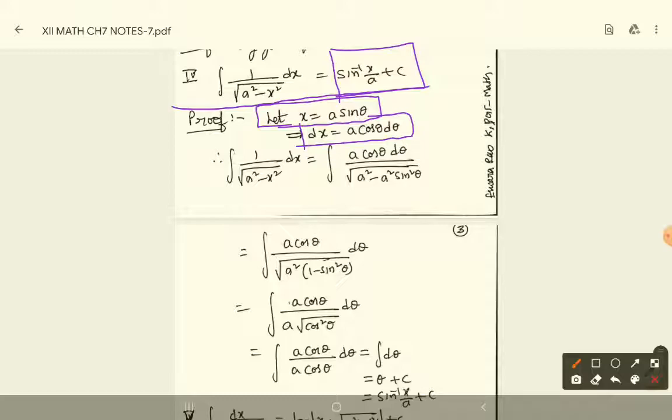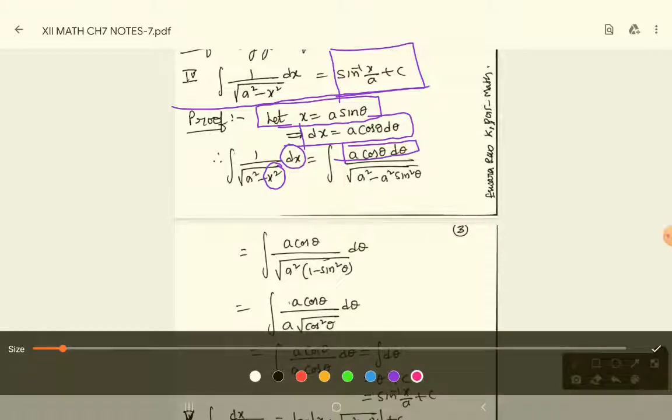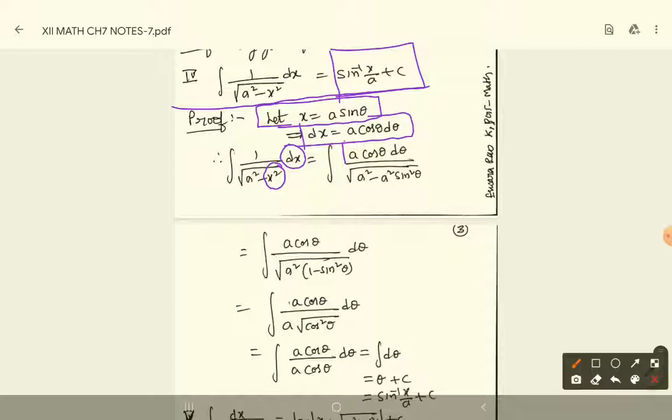Then I have to substitute x is equal to a sin theta, dx is equal to a cos theta d theta. This is dx. Hope you are getting it. Look, this is dx and a square minus a square sin square theta, as x is equal to a sin theta, we took it. That's why I substituted that instead of this. Okay,